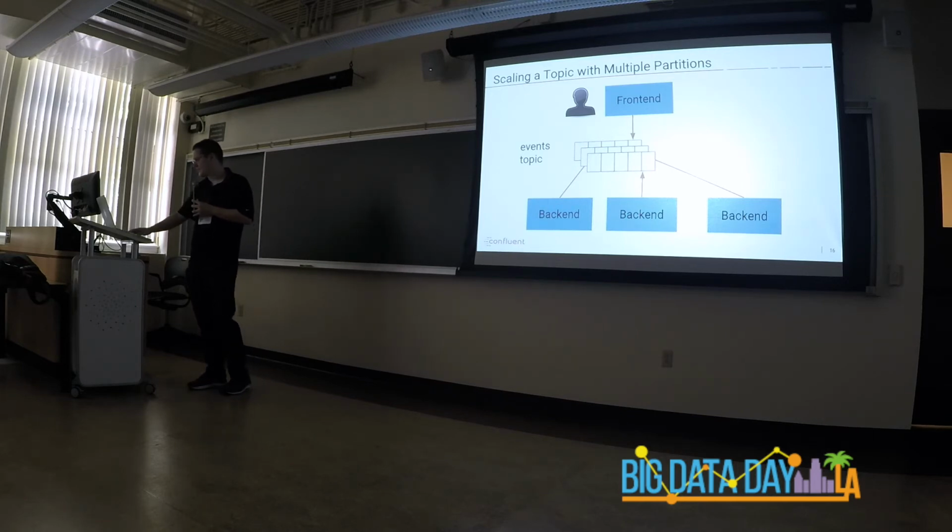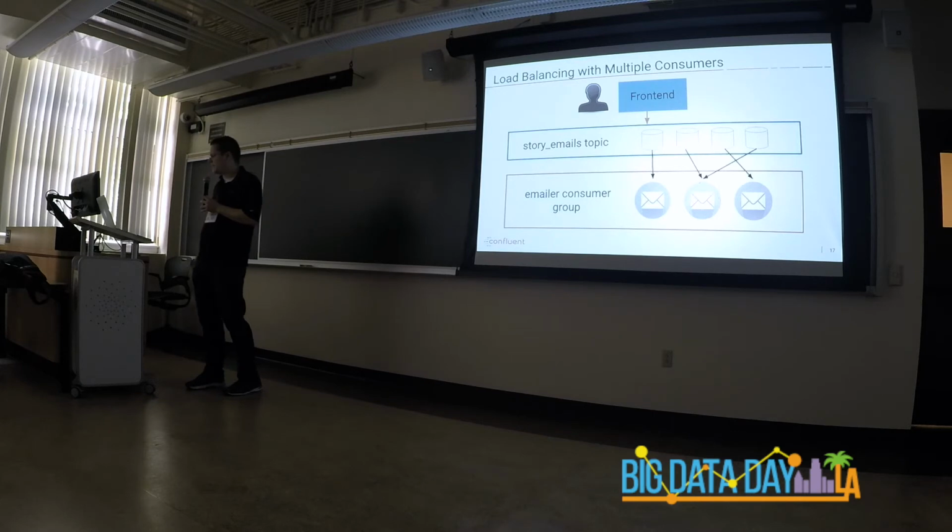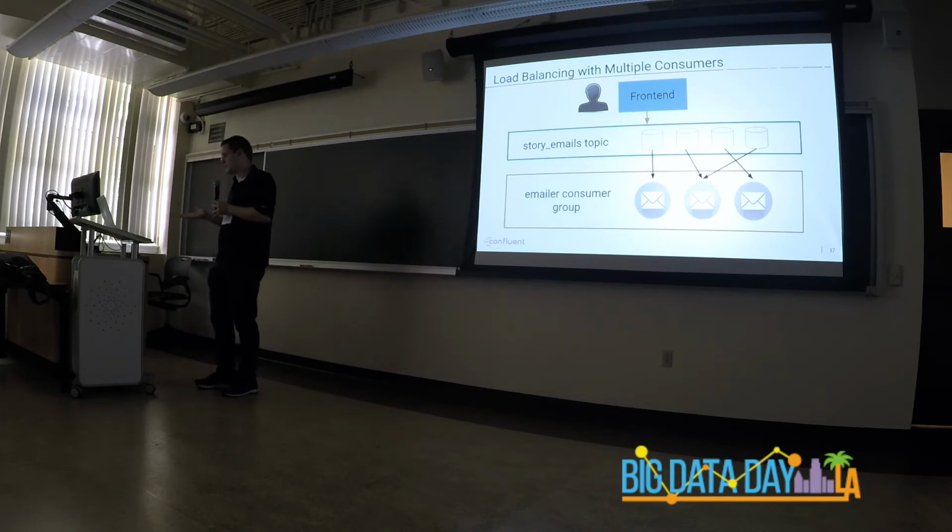And having these partitions helps us scale on the consumer side. Because assuming that these cylinders are partitions, Kafka will map partitions to consumers in sort of the most parsimonious way it can. So in this example, we have 4 partitions and 3 consumers. Kafka takes a look at that and says, well, we'll give one consumer 2 partitions and everyone else gets 1. And what that means is that, first of all, we can run multiple emailer services very easily, because we